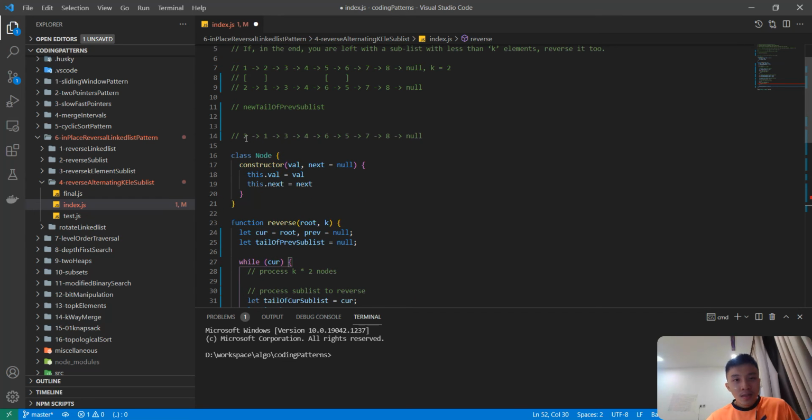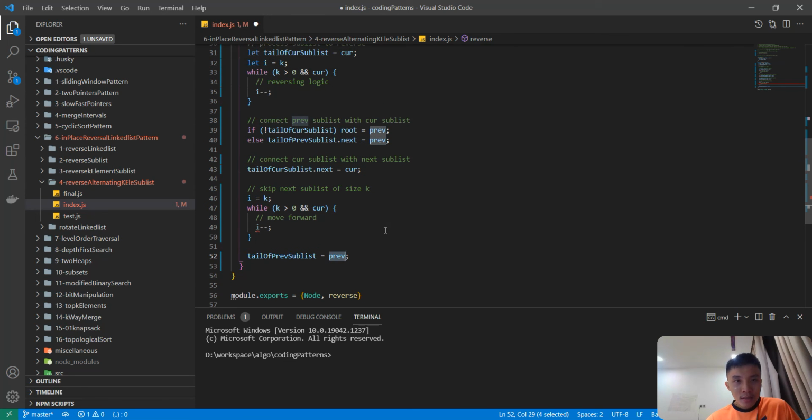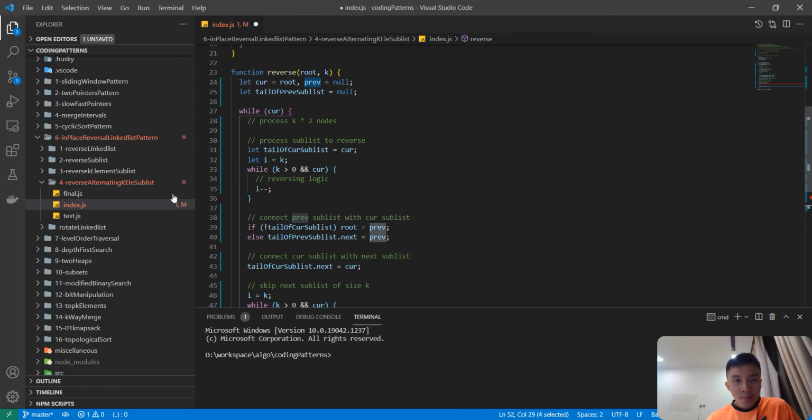So for example, after processing these 2 sublists, the current is here, so here will be the head, right? The new tail of previous sublist is here, right? So we come back here,